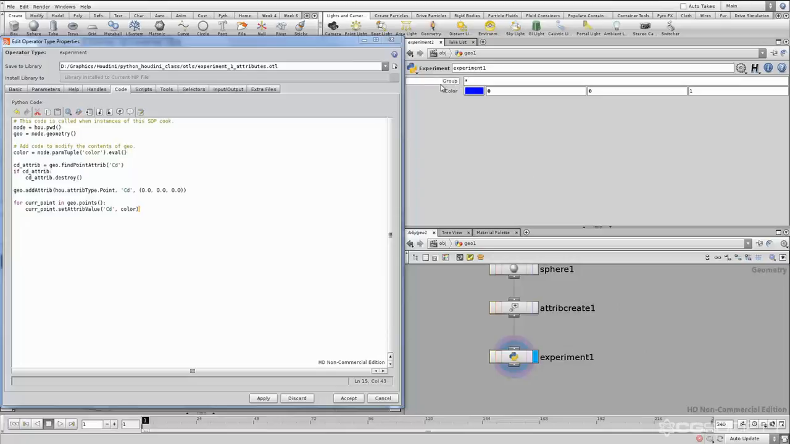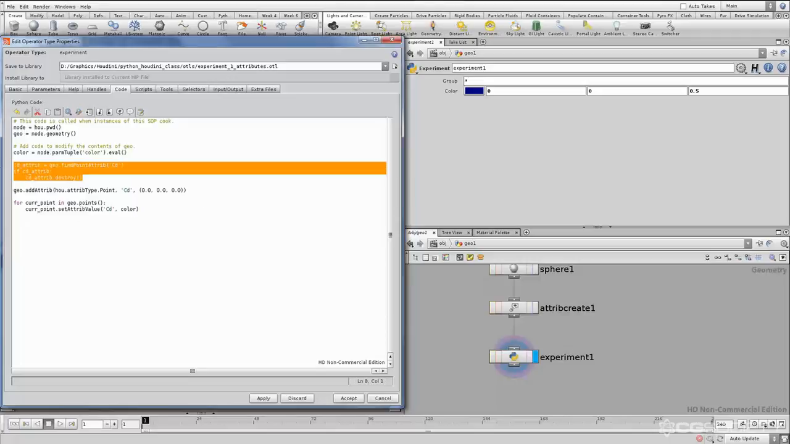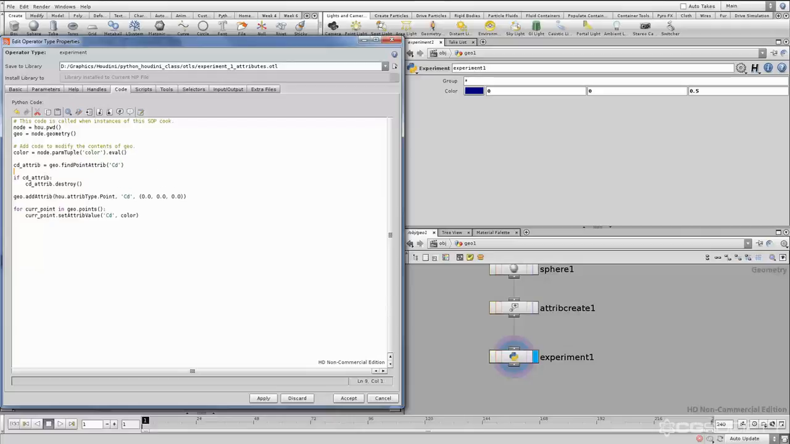Okay, so what if instead of just setting this attribute, what if we wanted to add this to the current color? So we wanted to say add 0.5 blue to whatever the current color is. Suddenly this doesn't quite work because we're destroying the attribute before we actually get a chance to add to it. So what we probably want to do is get the value of the attribute before we actually